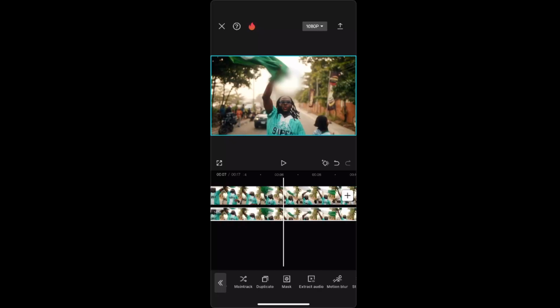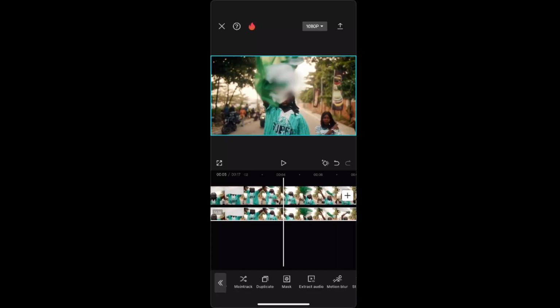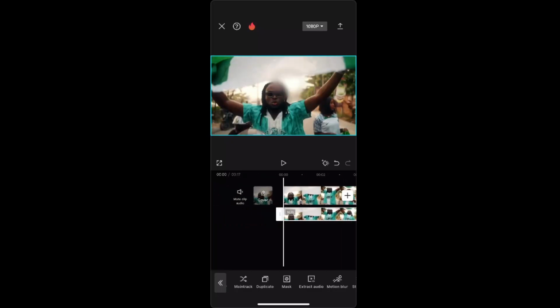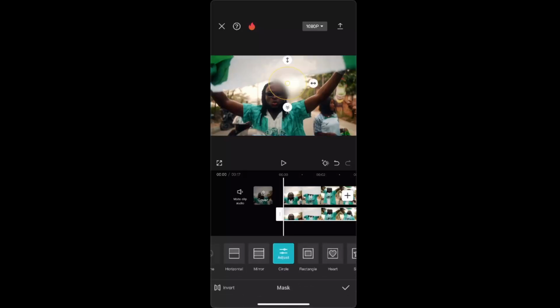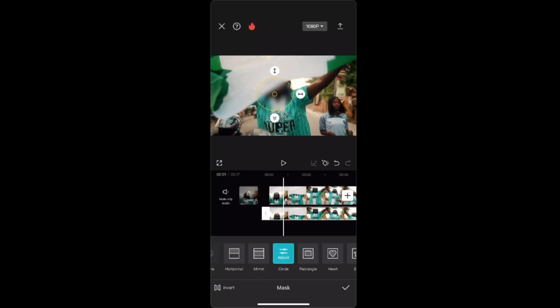So we will need to add key points. So first of all, you want to go ahead and find in the clip where in the video that face is starting. So in this video specifically, the face is at the start. So we actually need to blur this face from the start. So you're going to click mask again, and you're going to drag it right here. And now what you want to do is actually to add a key point. So you're just going to click that rhomb plus sign right here, and basically go through a whole video and